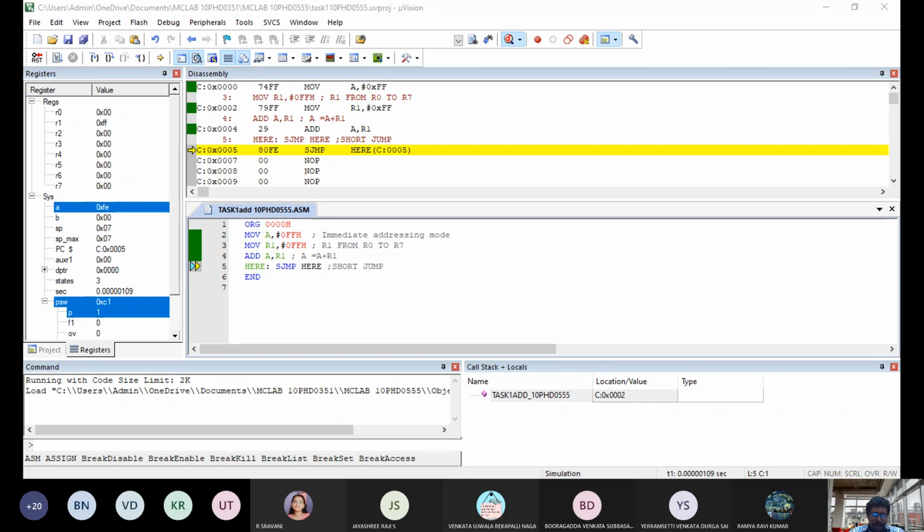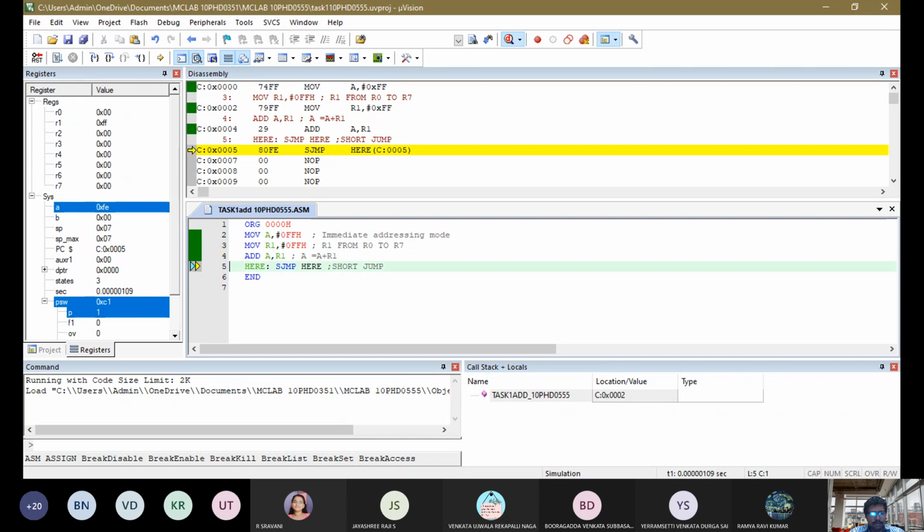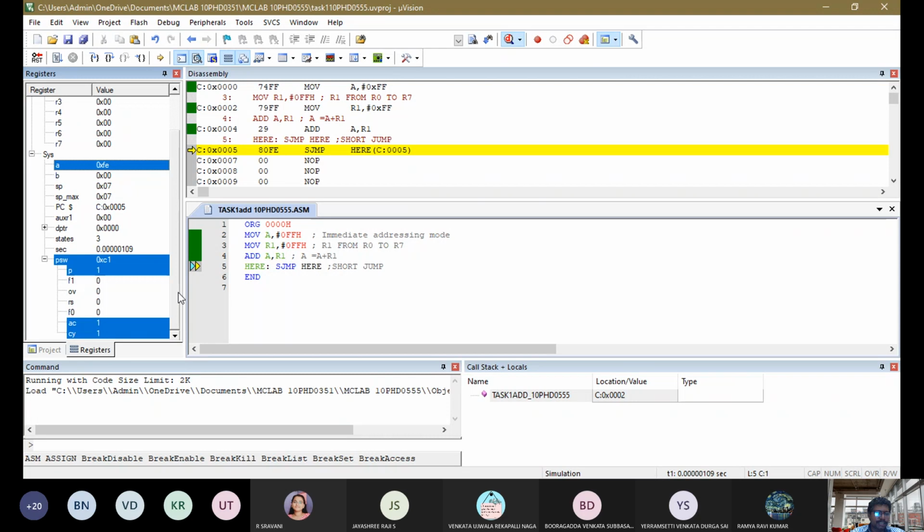So this 9-bit output we are going to verify in the tool. So you can see 0 FE here. Other than that, each and every register of 8051 is an 8-bit register. General purpose registers of 8051 are 8-bit registers.